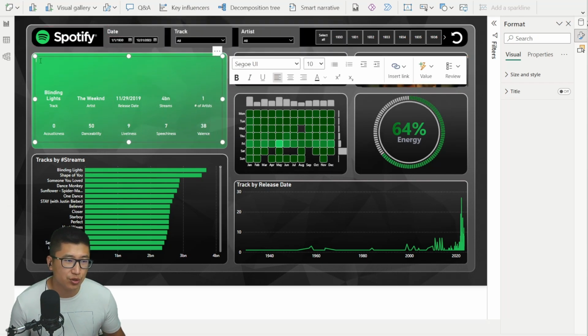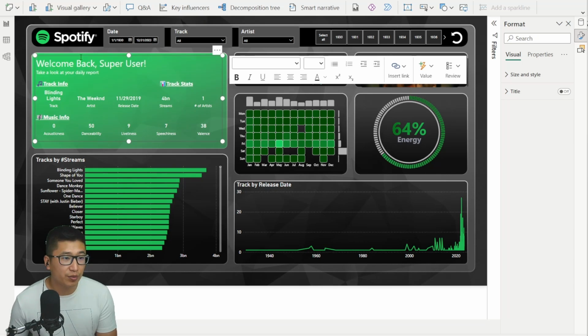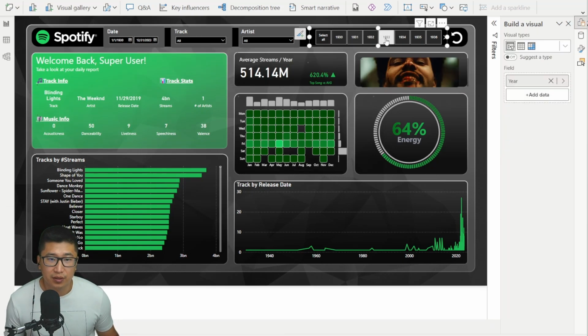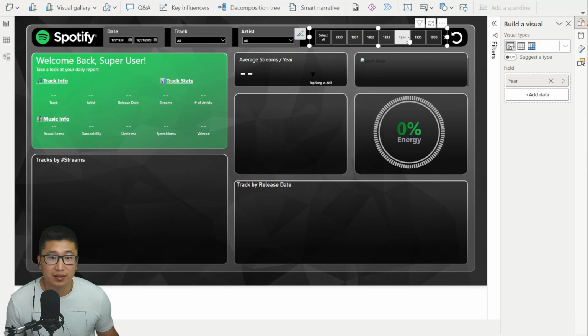Now I could very easily do this in PowerPoint. I haven't, so I'm going to just show you what I would put here. Overall, I'm pretty happy with this, and not going to do too much more to it. One final look, taking a look at what does exist and what doesn't exist. The album cover not showing and these items not existing means that there might not be a song in this